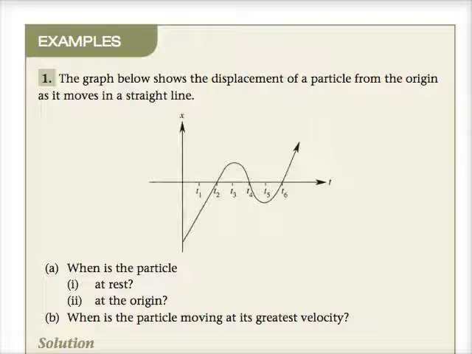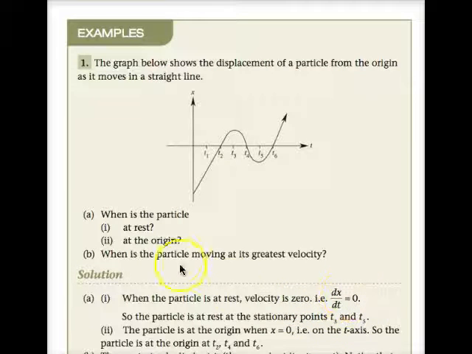Okay, now these are the worked examples from exercise 6.5. Before that exercise, we did look at this question in class. We looked at, remember, this is displacement versus time. So the first question was, when is the particle at rest? Now the particle will be at rest when it's not moving, in other words, when the velocity is zero. And we spoke about this in class, and the velocity is zero when